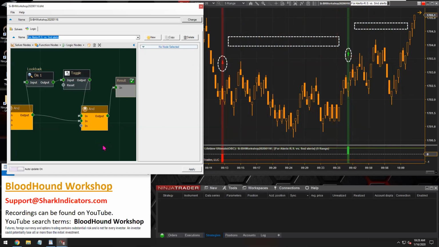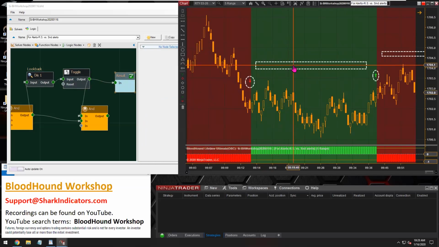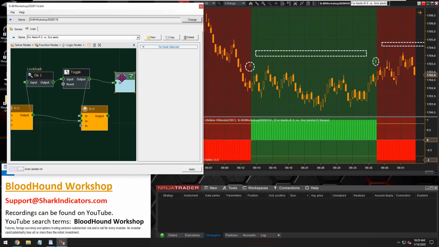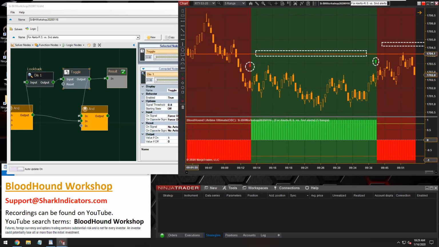So the way this toggle node is working to block all the signals is this. Let's take a look at this. I set the toggle node up so that when a short signal comes in, remember I had a short signal coming in on this bar,